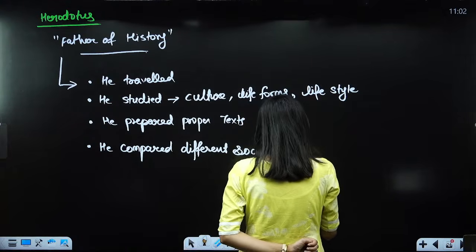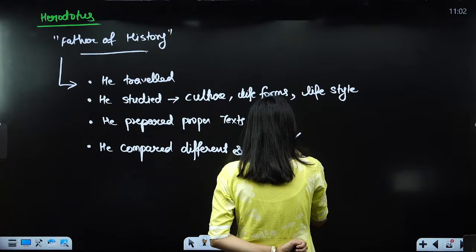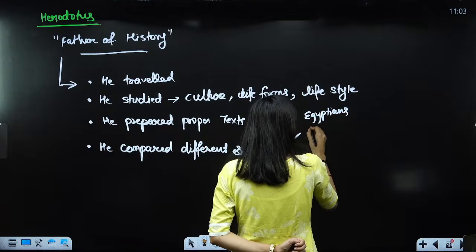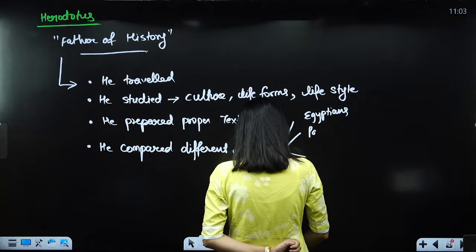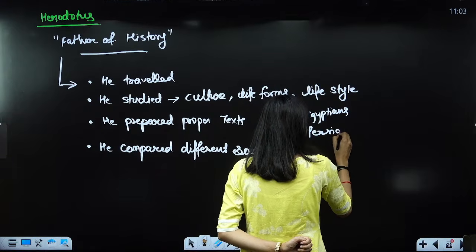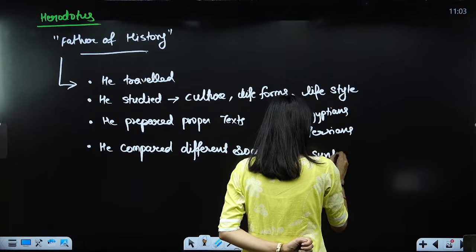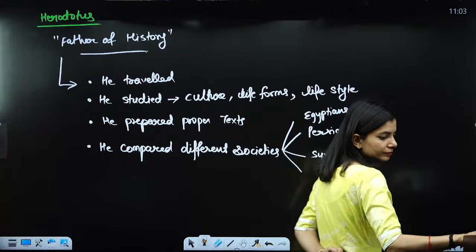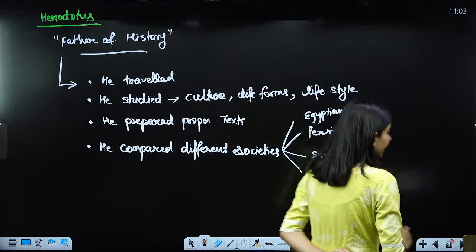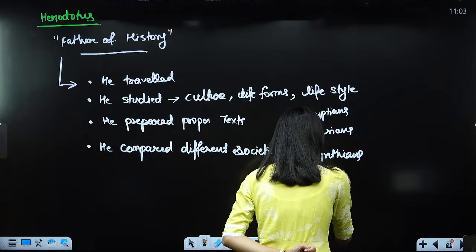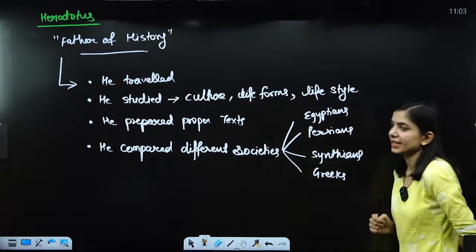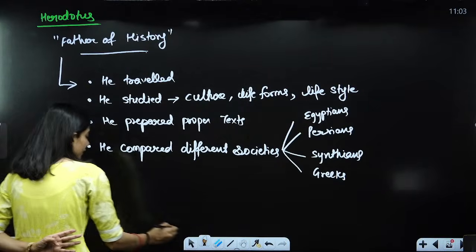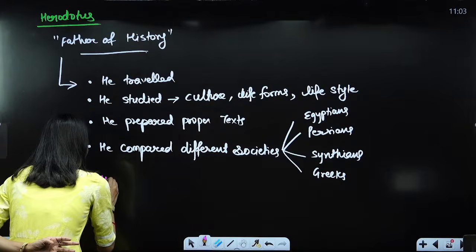And when he was comparing the different societies, he said that there are differences between the Egyptians, Persians, Scythians and Greeks. This is what he said. And based upon his study, he basically did what? He formalized